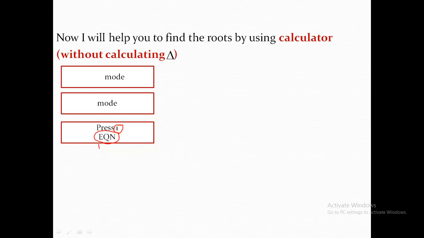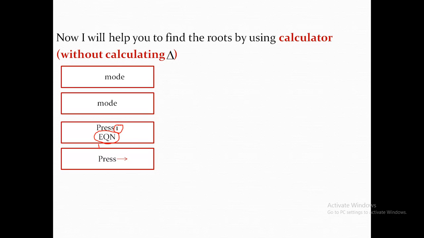After pressing the number 1, you will see on the screen the word unknown. Because we don't want unknowns, which means solving a system,